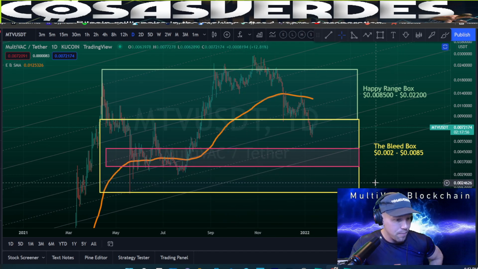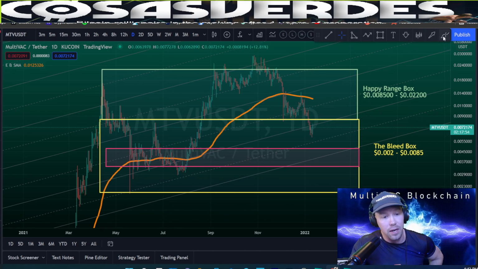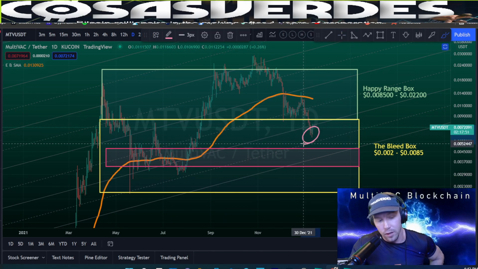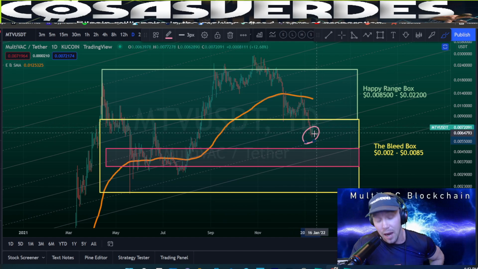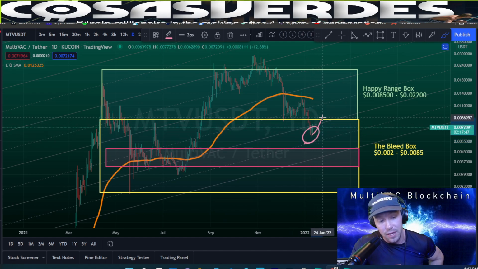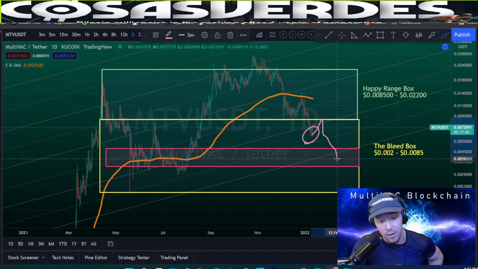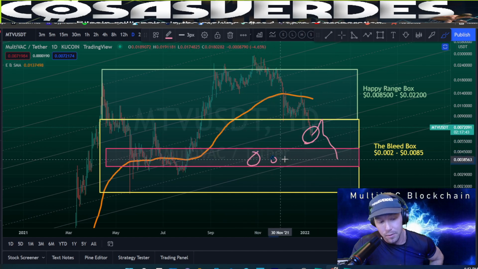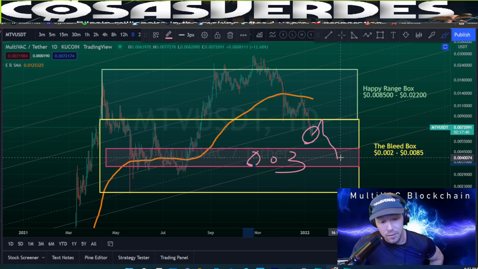My goodness. So what I'm seeing here is that was a lot weaker. It bled a lot more. So it has a higher chance, especially with that news and stuff, to hit this and then come all the way back down here. And you're sitting at 0.003. I mean, in this box. All right.